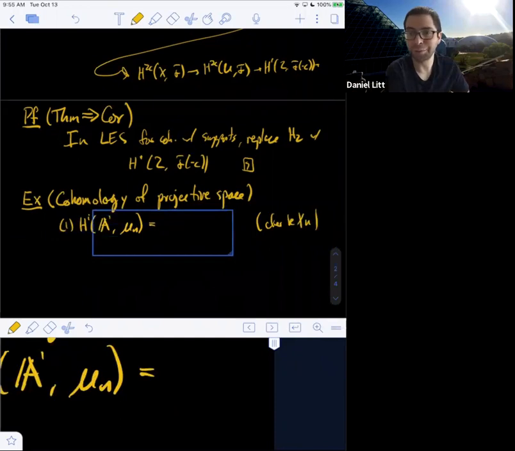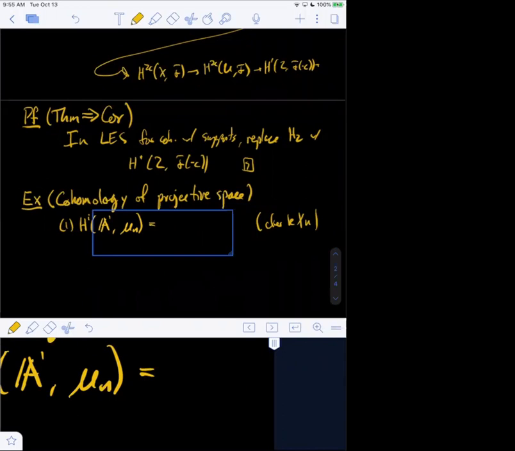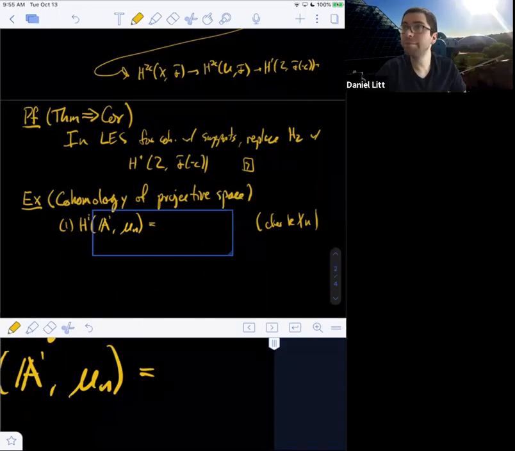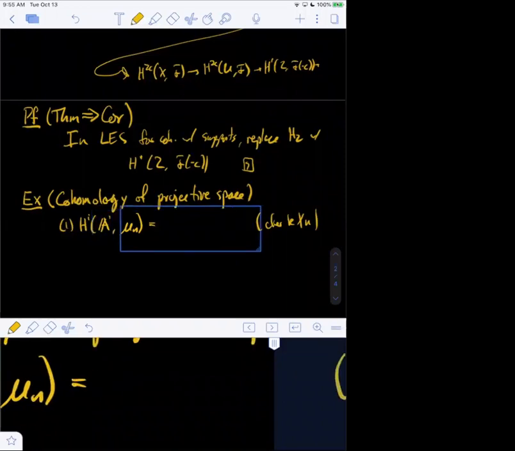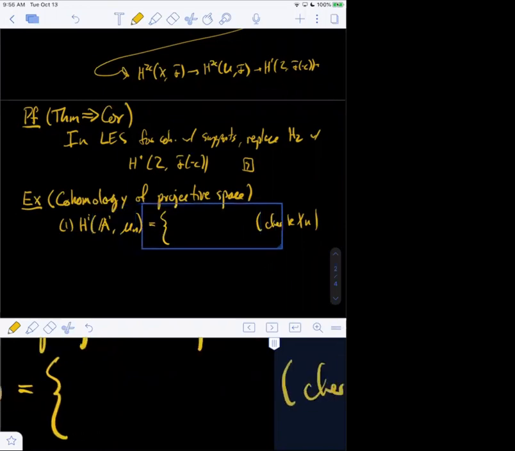So can anyone remind me what is the cohomology of the affine line? Is it Z mod nZ for i equals 0, and then 0 for i equals 1?